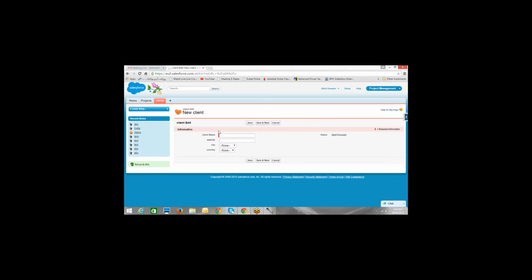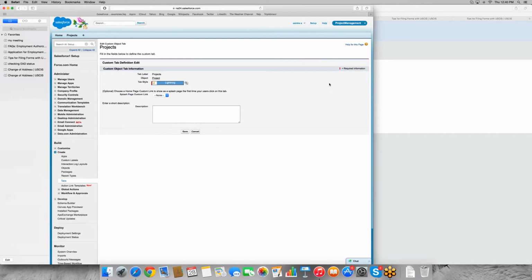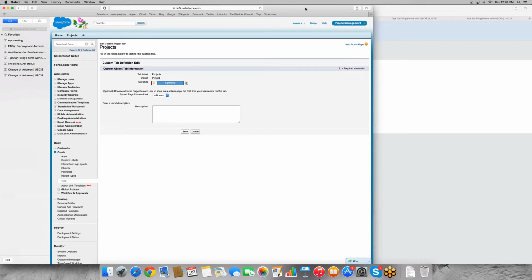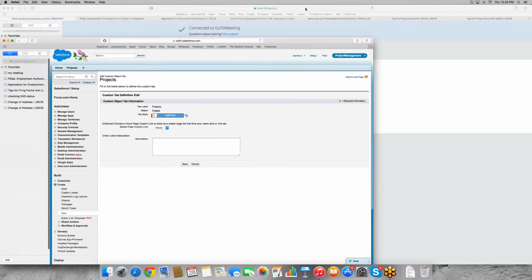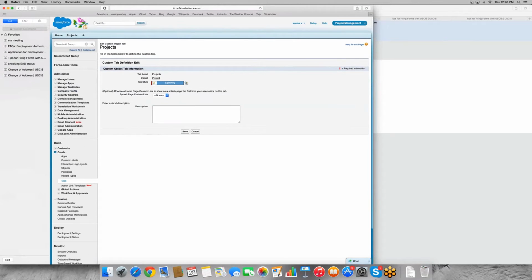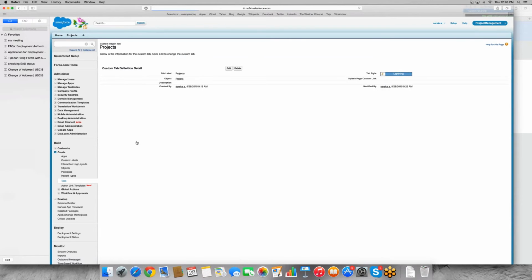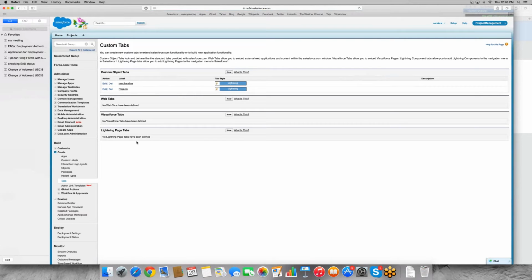Why are you adding fields to the tab? Tab is just the button, na? You have to add the fields to the object. What is this? Tab style, save. Okay, Projects tab you have created. Save it. It's already there. Now go to tabs again. No, don't go to this. Okay. Go to setup, create tabs. You have to create one more tab.